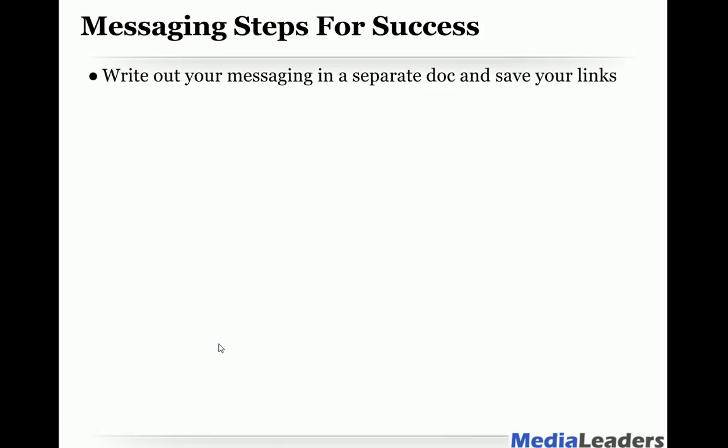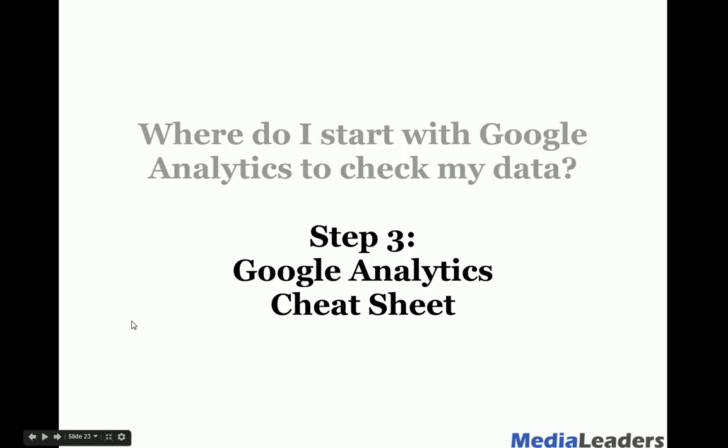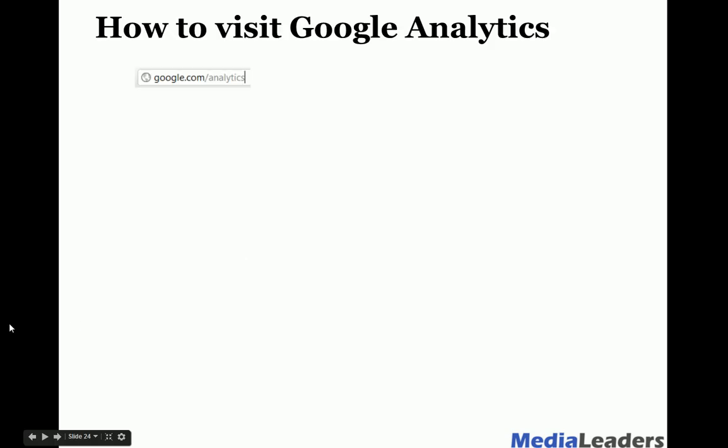Now, I want to go ahead and outline to you exactly what we need to do. Where do I start with Google Analytics to start checking my data, Josh? Well, that's a good question. First, you need to go use the Bitly for a week, for a few days, send it out in some emails, whatever your campaign goals were, start using it. And then right after that, now I'm going to give you a cheat sheet. You are going to visit